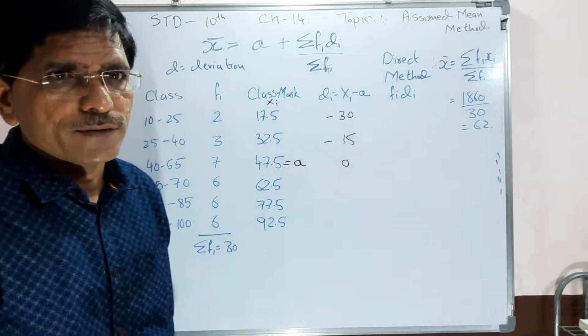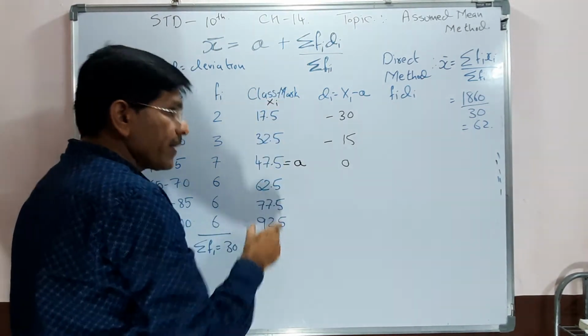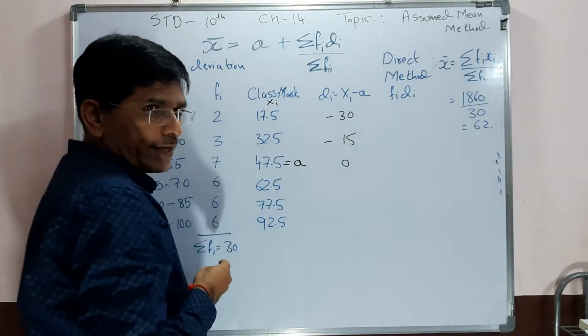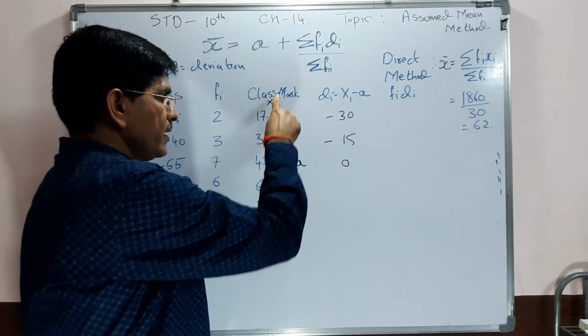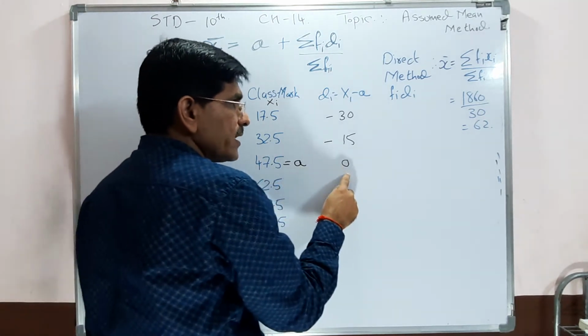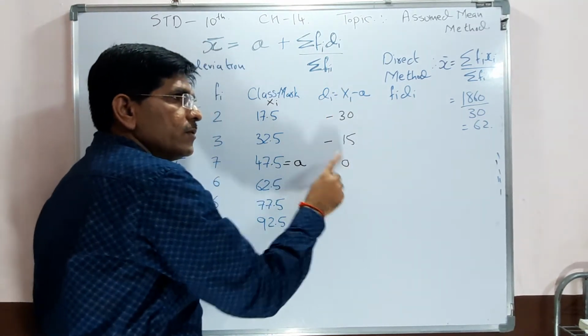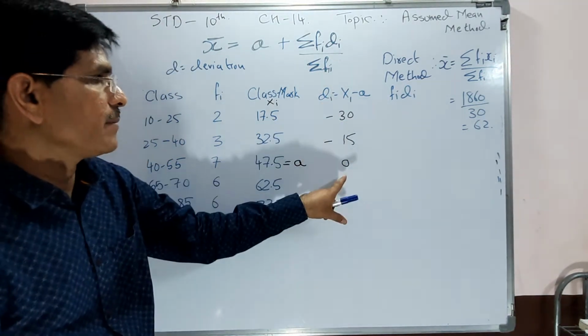Now the shortcut method, because time will be consumed in the exam. So how can we do it? Wherever you assume A, always assume A from the x side, not from fi. Only assume A from the x side. Wherever you assume A, what do we put in di there? 0, always. Wherever you assume A, against it in di is always 0.